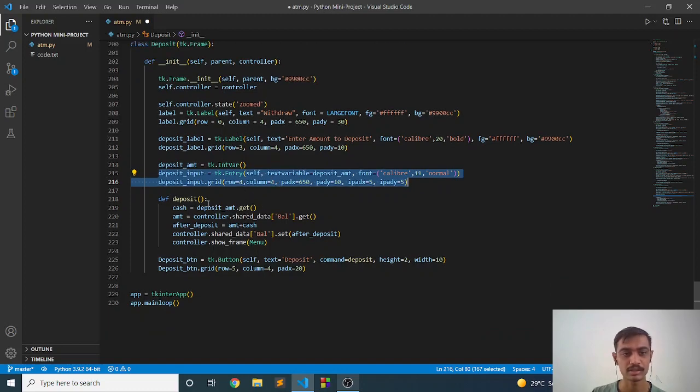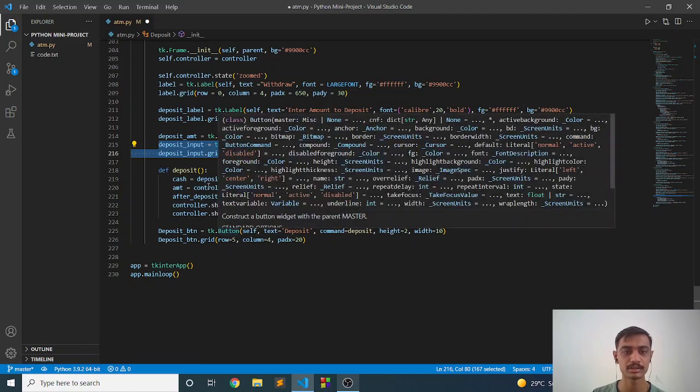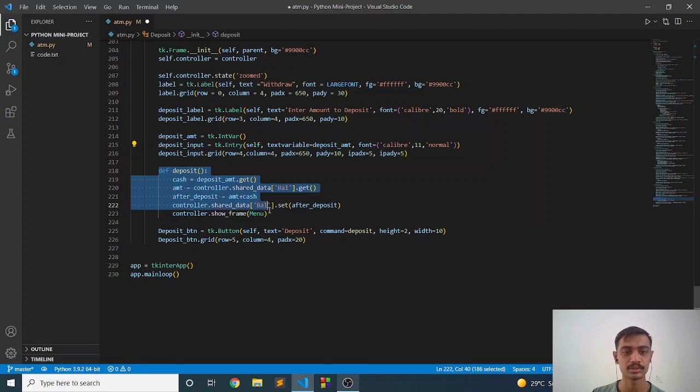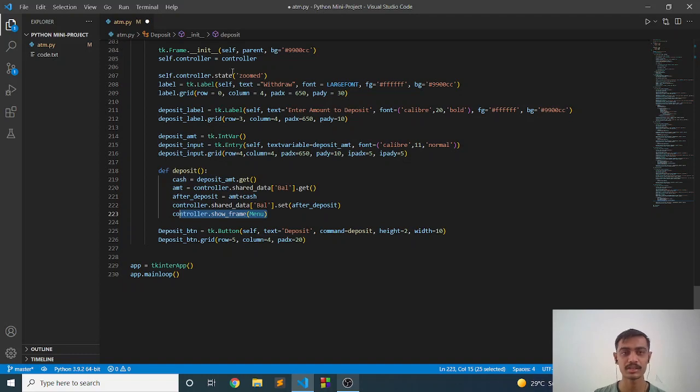When the user hits the submit button, this function will run, which will get the amount that is entered by the user, and also it will get the current balance that the user is having. It will add it into the account and update the account, and then navigate our user back to the main menu. So these are all the pages that we are going to have in our app.